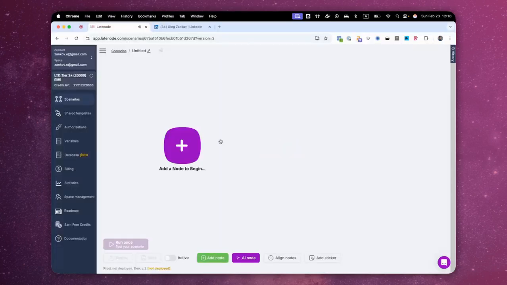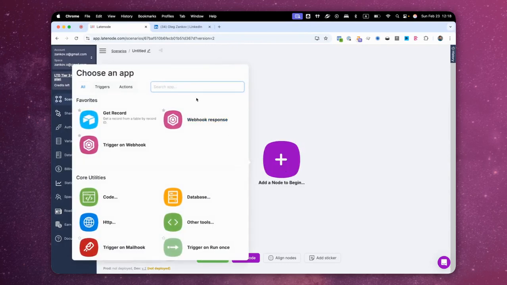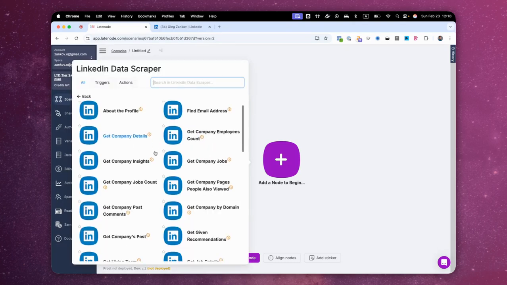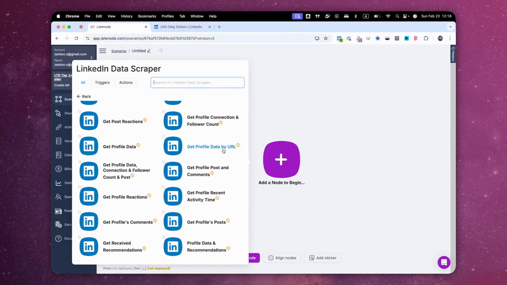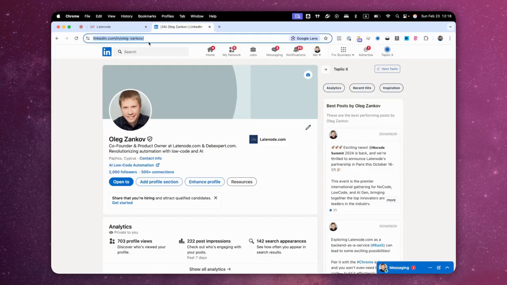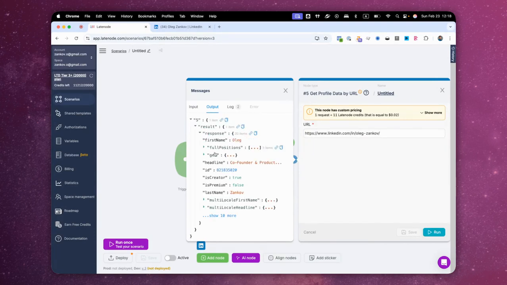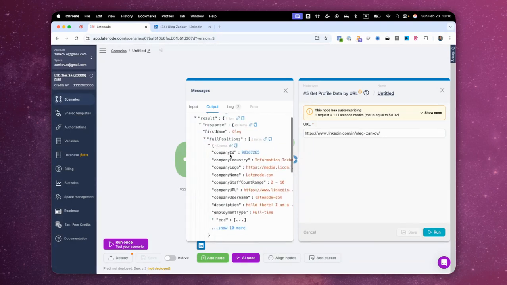Let's create a microservice that retrieves information from a specific LinkedIn profile. To do this, we add a LinkedIn data scraper node. Here, we select the action named Get Profile Data by URL and specify the URL of the LinkedIn profile. We run it for a test. After waiting a few seconds, we receive the result, which includes the name, geo-positions, and everything that is in the